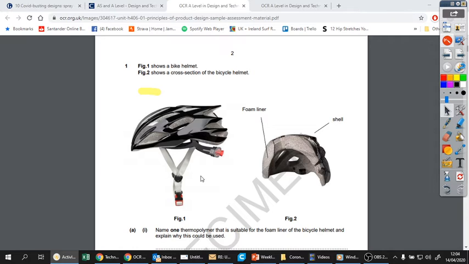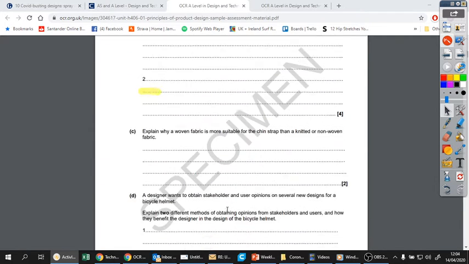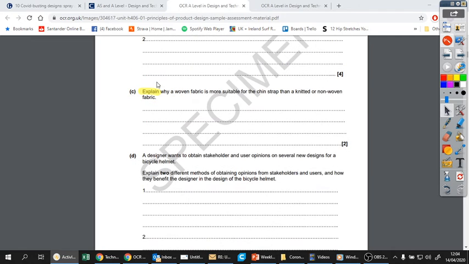But that's all you've got to think. Right, well, why is this doing its job? And if you can think of what its job is, you've got the mark. So when you come back down to this one, woven fabric is more suitable, there you go. Woven fabric is more suitable as it is stronger on impact and therefore will not stretch, or something along those lines. And because you've explained it, you'll get the 2 marks. All right? So,